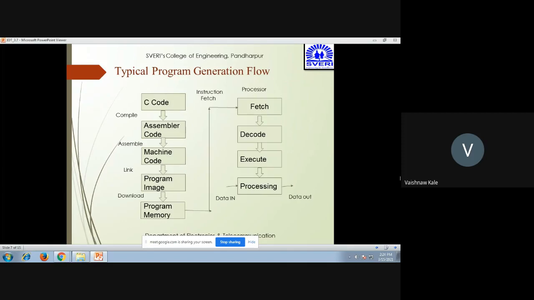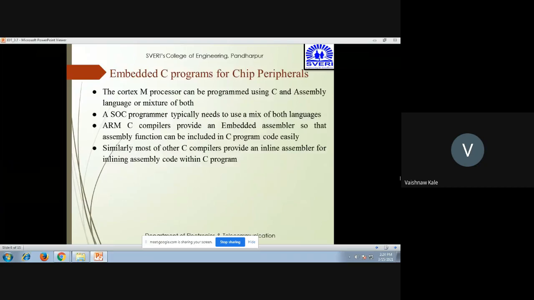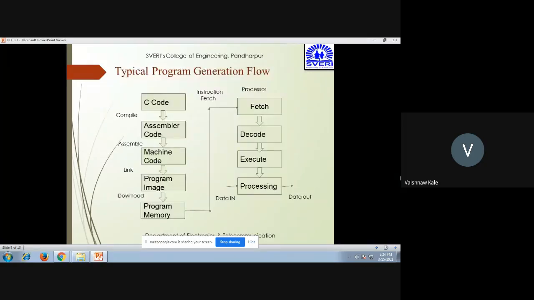Now this is the typical program generation flow. When you write C code, it is compiled, then it is given to the assembler where it is converted into machine code.